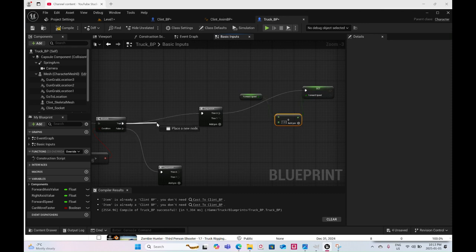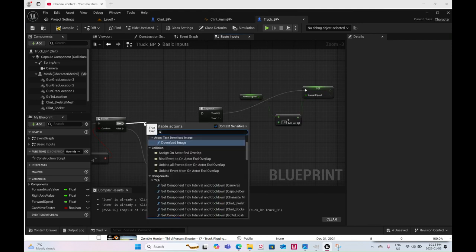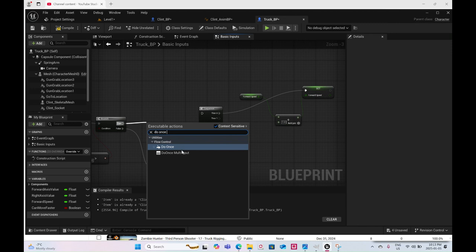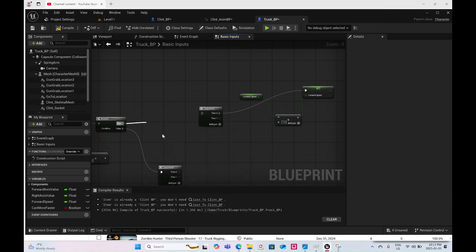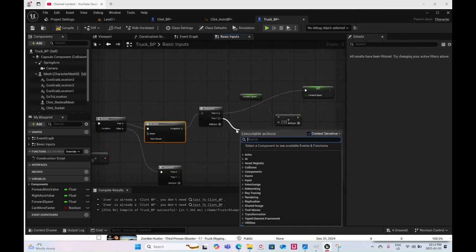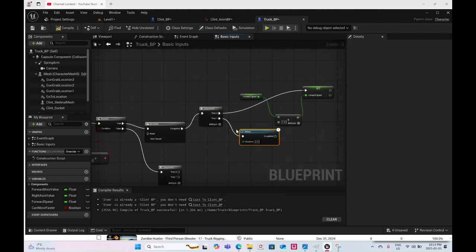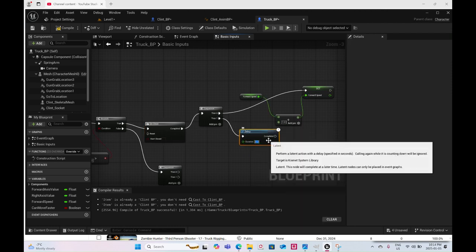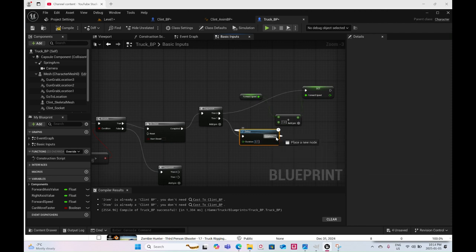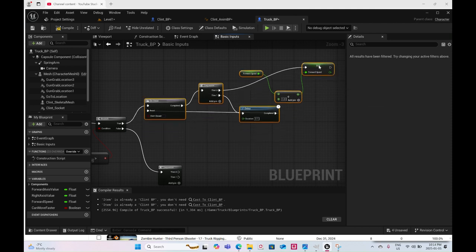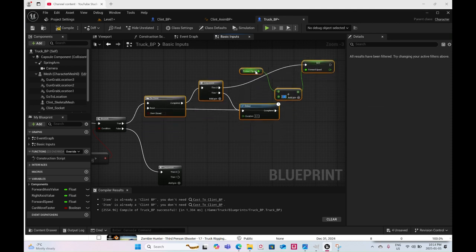So this is going to be a do once node. And it's going to be reset 0.1 seconds. Oh, sorry, this has to be forward speed plus 0.1,